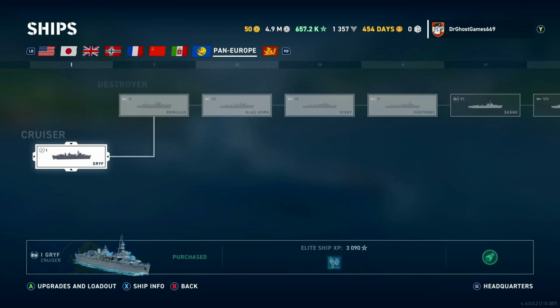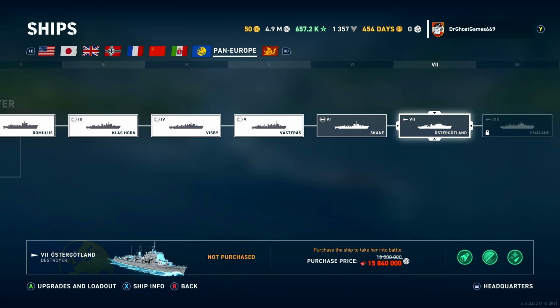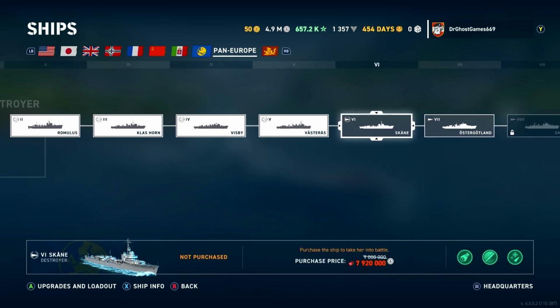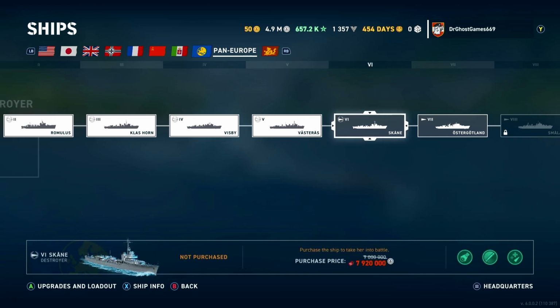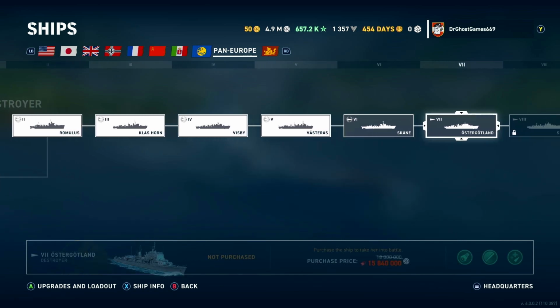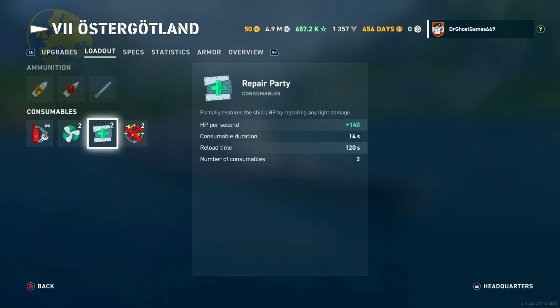So far, the Pan-Euros only have one line. It's their destroyer line, pretty much. These guys are good at guns. They're good at torpedoes, and most of them have good AA. Good AA once you get to the Skåne. The Skåne. Pretty damn good gunboats. Pretty damn good torpedo boats. They're also pretty quick as well. They have access to heals too. They're one of those unique lines that have heals. So yeah,